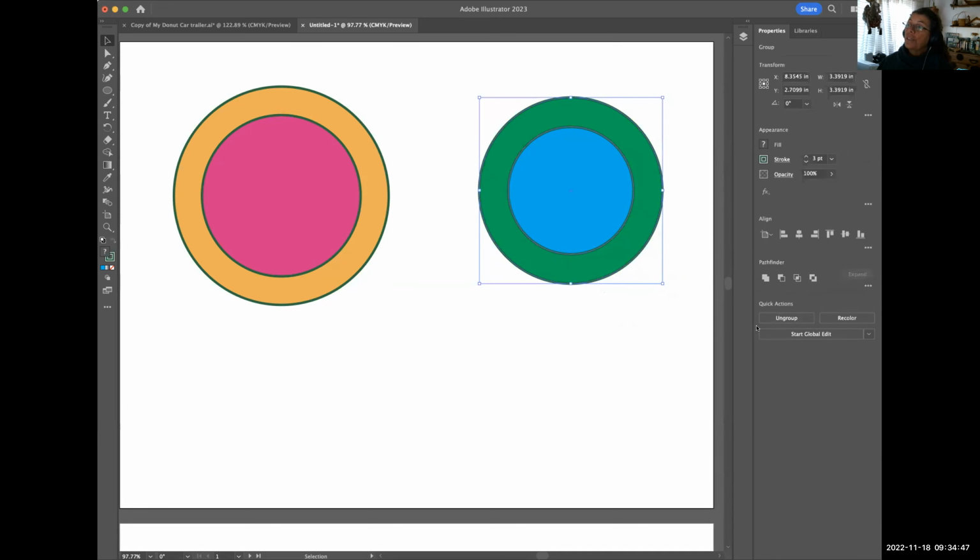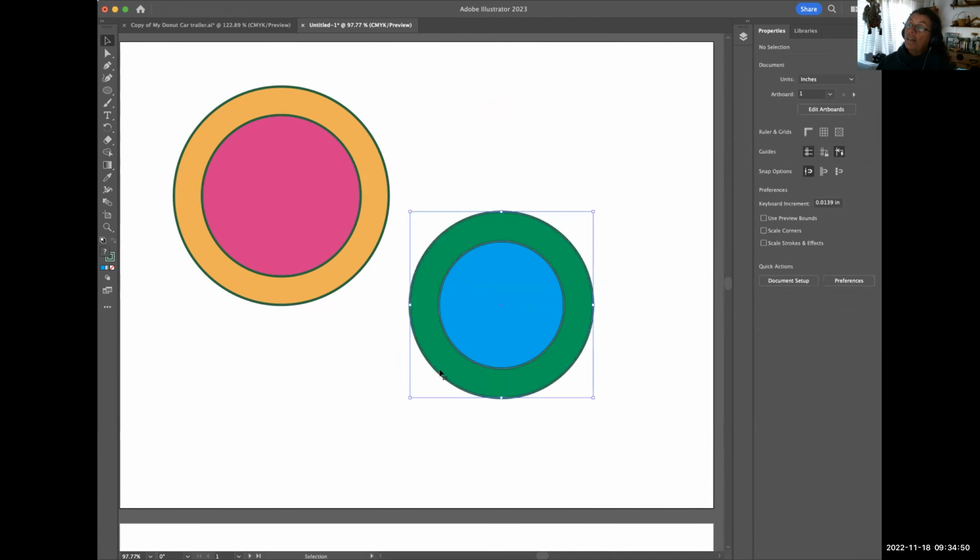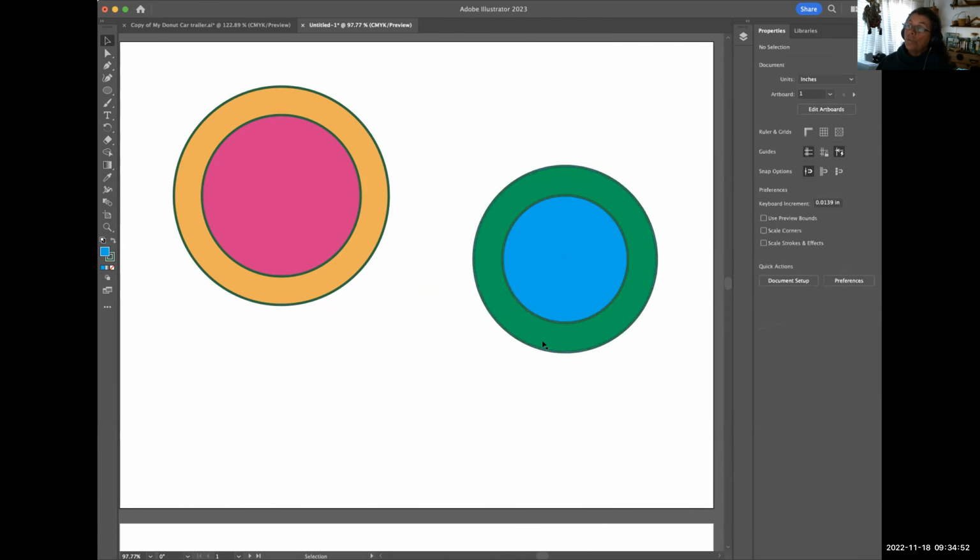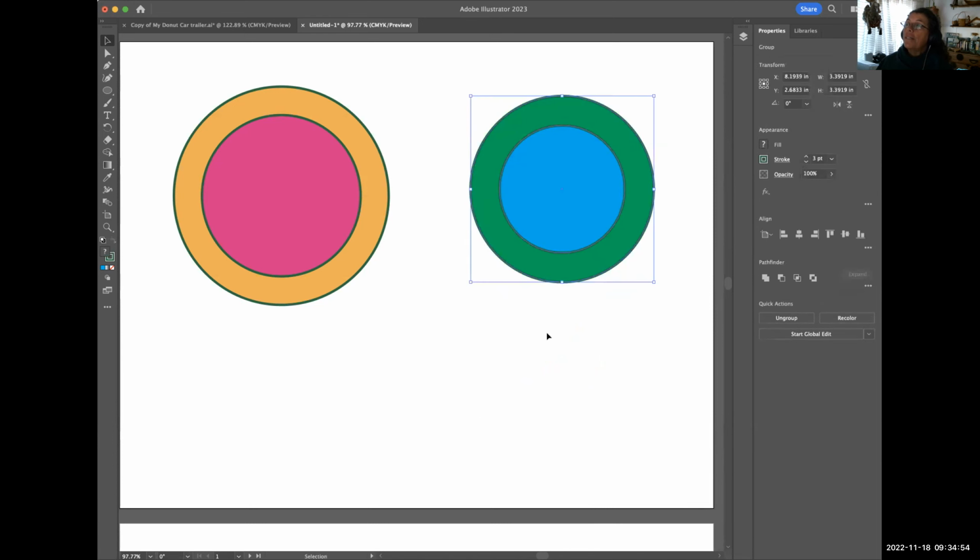Anyway, so once I've grouped it, notice that now my choice is to ungroup, but I'm not going to right now. But now I can just grab it, it's just one object. Okay, now it is one object and it's grouped, but it is still